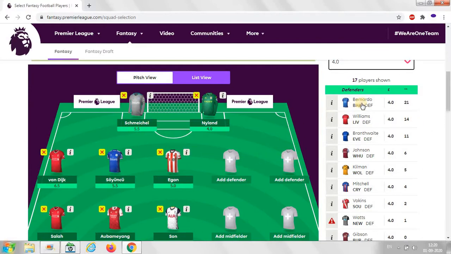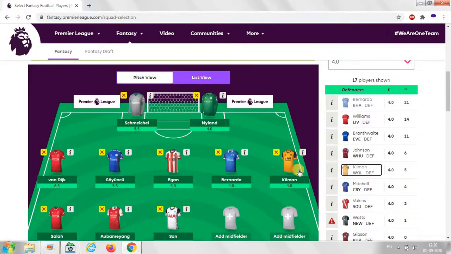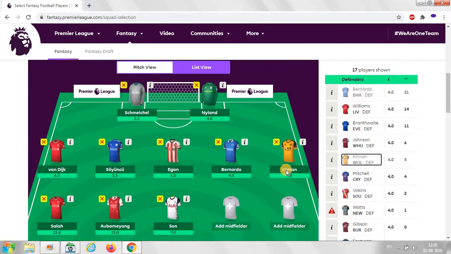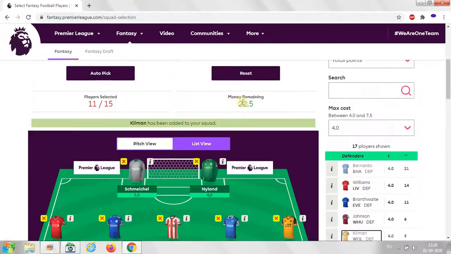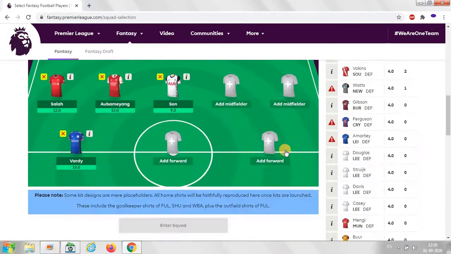These two defenders I will select at a very low value, because I will not play 5 defenders or 4 defenders. I will play only 3 defenders. So these 2 defenders I will choose with less money. £4 is the lowest amount, so I will select the £4 ones. Now the 5 defenders are finished. Now we need to select 4 more people with the remaining 22.5.